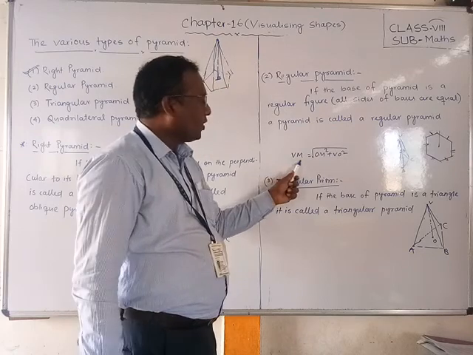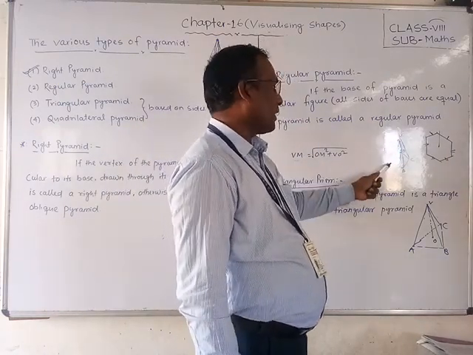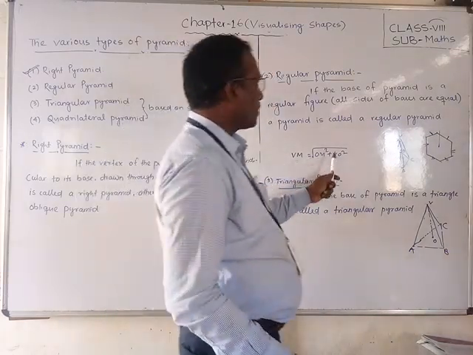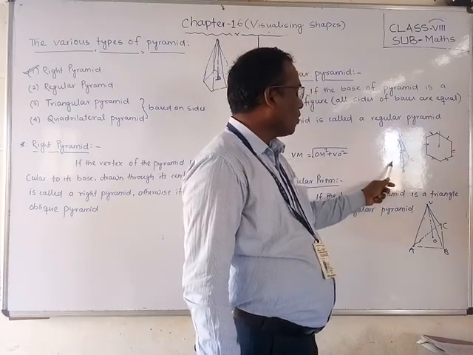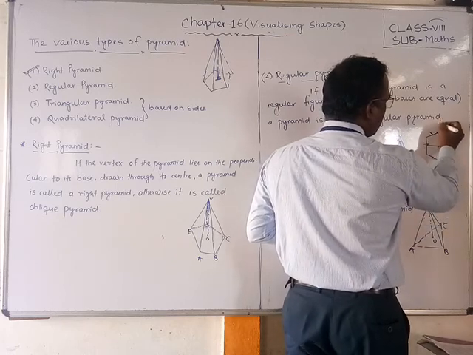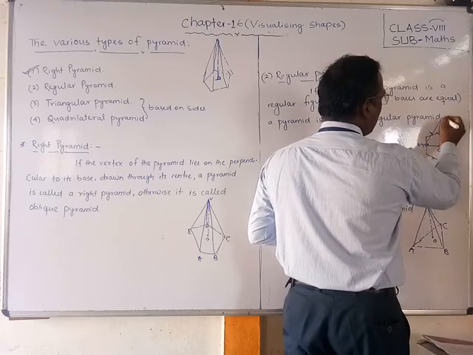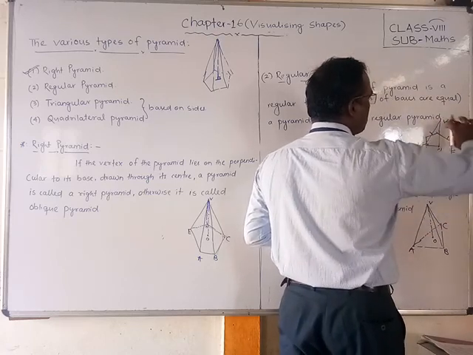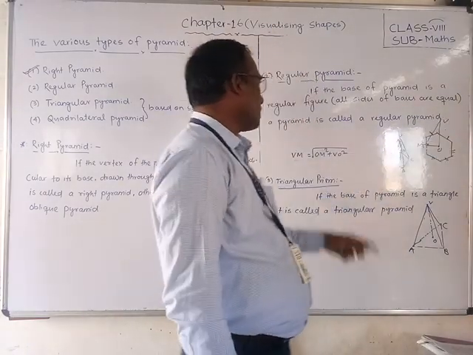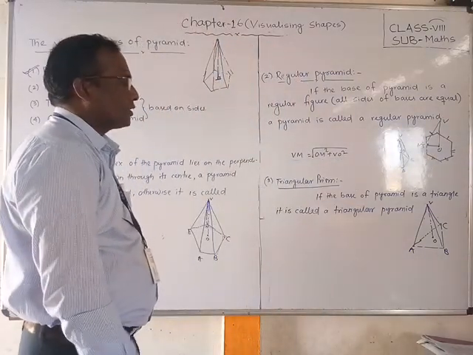Now if VM, where V is the vertex and M is on the side, is the slant height, it is just like a hypotenuse. How should we find it? OM square plus VO square. What is OM? OM is the radius from the center up to here, and if the vertex V is here and you join, this is M, this is O, this is V. VM is equal to the square root of OM square plus VO square. Then we can get VM, because that is a right angle triangle, and that is the formula.